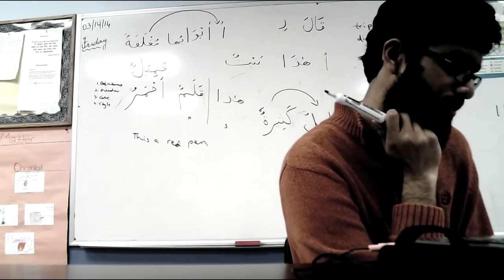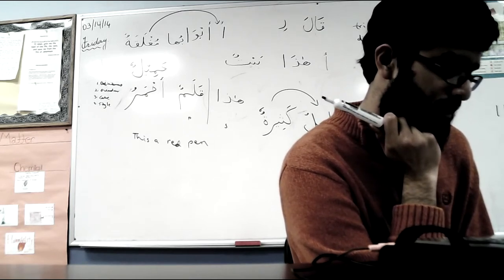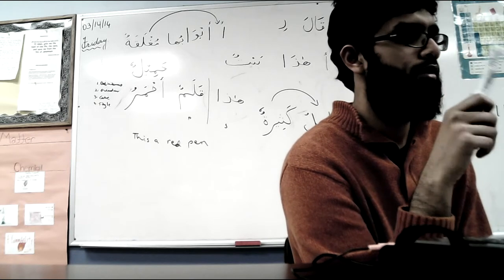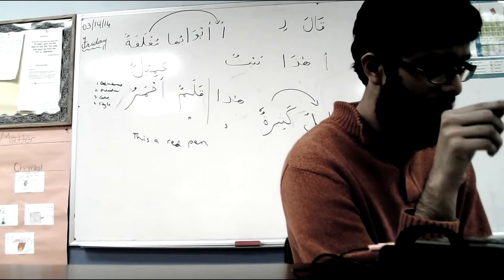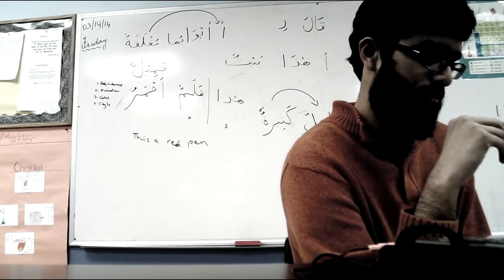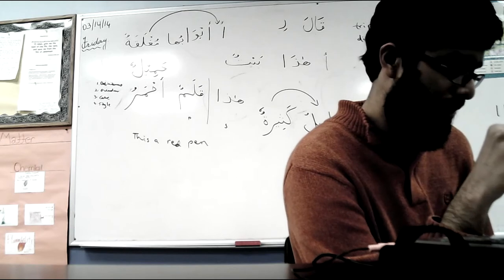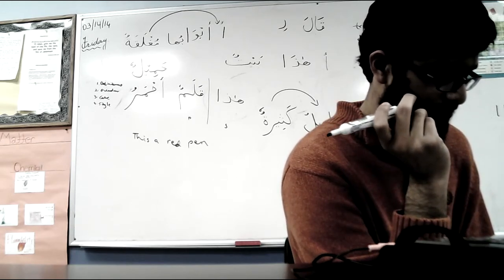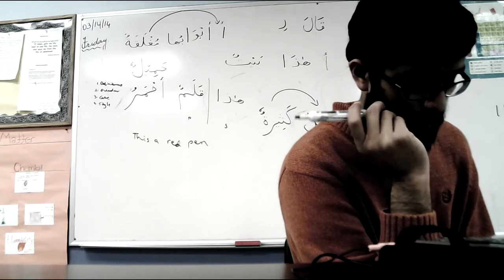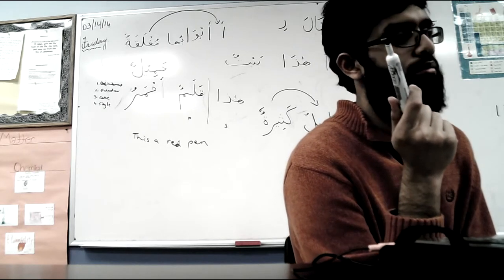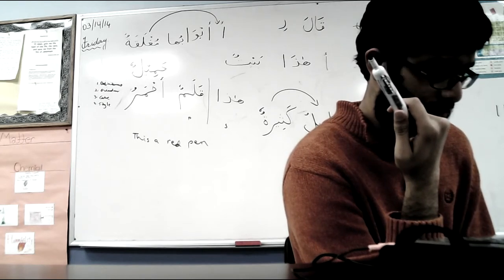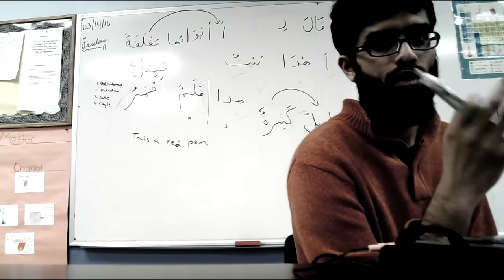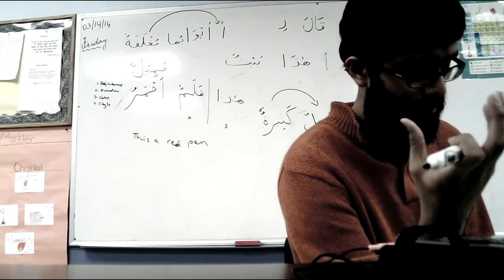Okay, madaris is the plural of madrasatun. Notice, is madrasatun masculine or feminine? Feminine, right? So when you make it plural, it becomes mamnu' min as-sarf. Okay, madarisu. And also fanadiqu qalilatun: we have very few hotels. Qalilun means less or few. Did we have that before? No. So kathirun is many and qalilun is less.